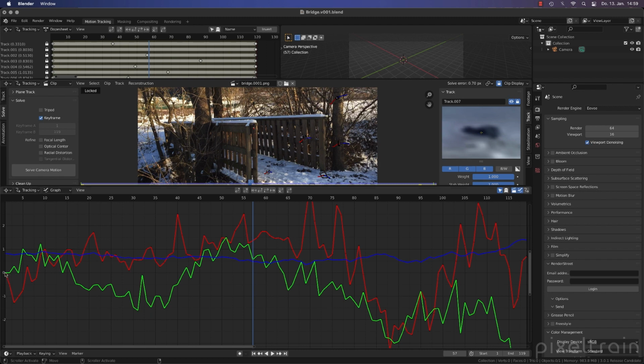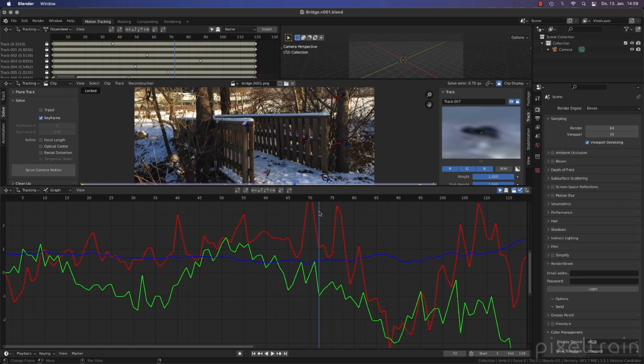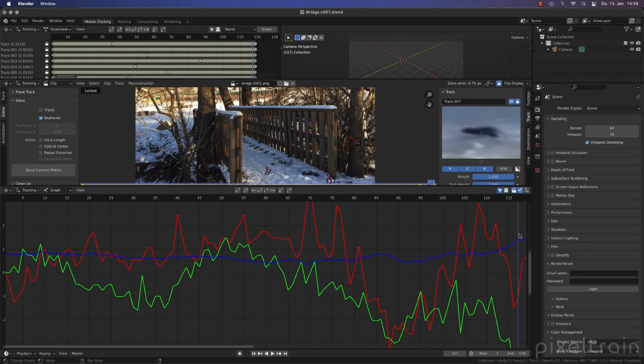You see here on this scaling, we go between 0 and 1, so this is the solve error. We are on average around 0.7. And you see here in this area, Blender is much more sure that the result is good, the reprojection is better. But at the end here, you see we suddenly jump out of that. We are in a much, much higher solve error. So that's the way you interpret that.